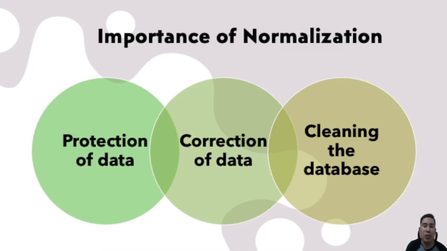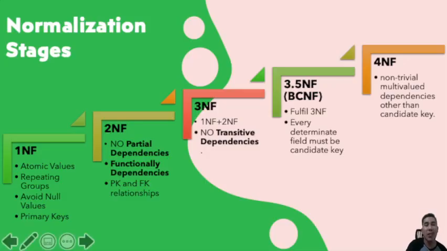Okay, so here are the normalization stages. Actually, E. F. Codd suggested or proposed seven normalization stages. But according to database developers, you can at least normalize your database or tables up to third normal form. So these are the normalization stages